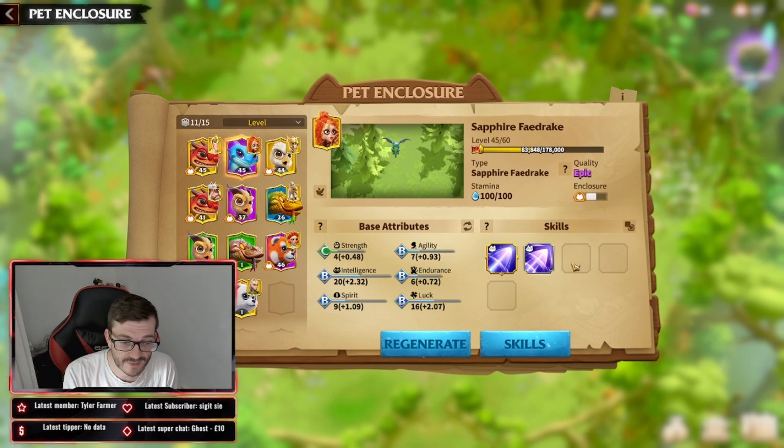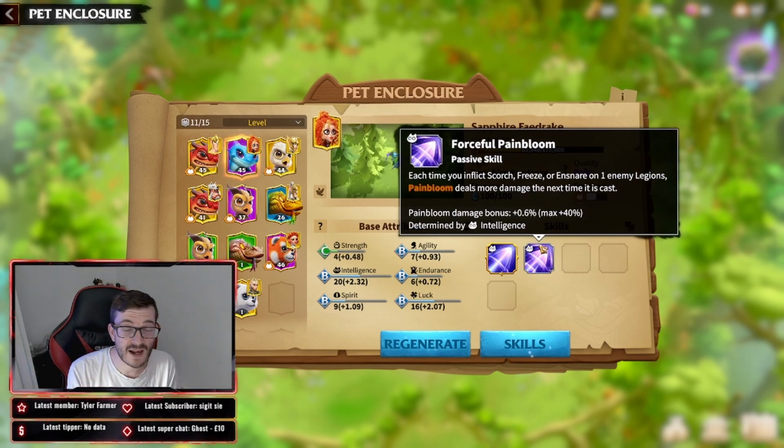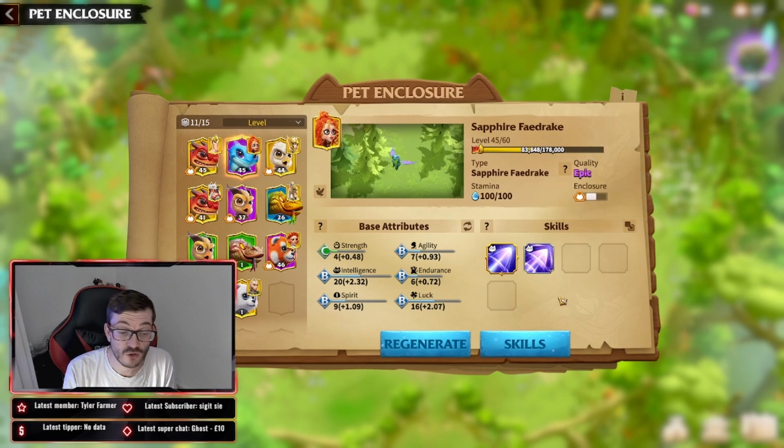And as you can see, the skill setup already is the nice basic setup you always want on this pet. It's just what you require to make this thing do anything in the open field, right? So what we're going to go over though is those attributes, then we're going to go over the skills like always, and then the pairings, and that will give you a nice roundup on what the Sapphire Faedrake's all about and how it is dealing damage. We're also going to try on today re-rolling this pet and seeing if we can get a better version, because